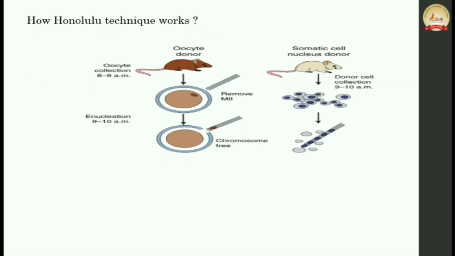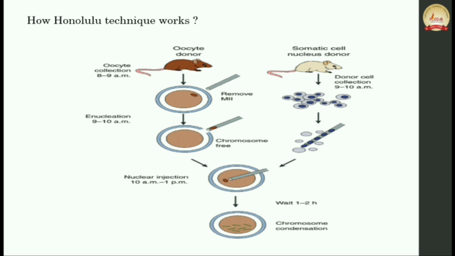How does the Honolulu technique work? From one mouse we select the oocyte, and from another mouse we select the somatic cell or nucleus from the donor. From the selected oocyte we remove its nucleus, and from the other mouse we select the normal somatic cell and take out its nucleus. The nucleus and the enucleated egg cell are fused with an electric shock and the enucleated pipette,